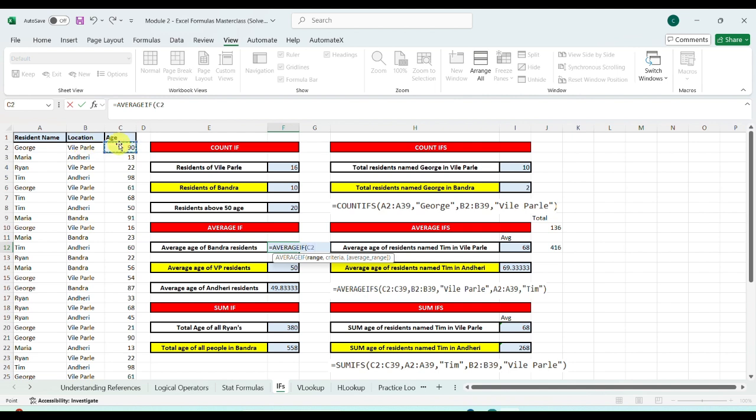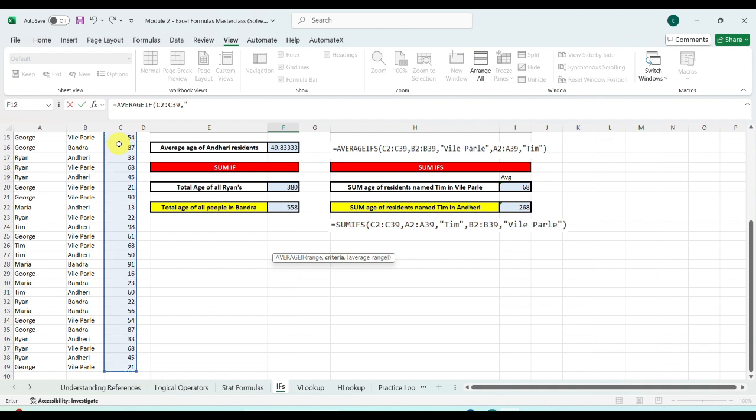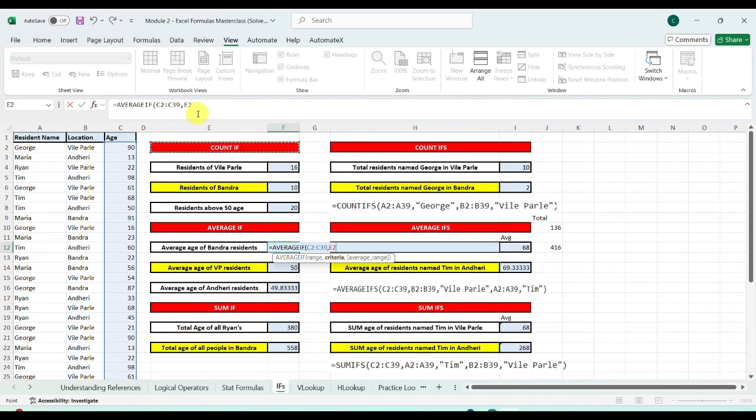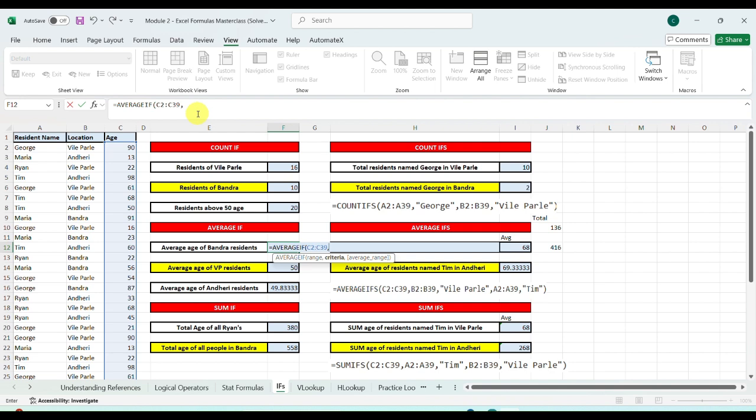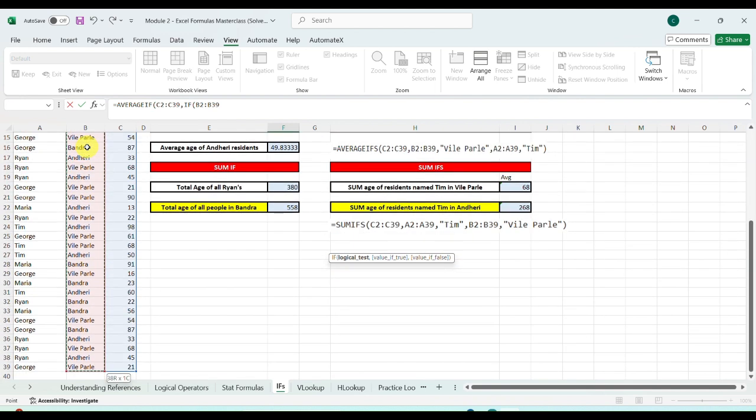Average this, comma, here you can focus Bandra, comma, okay. Average this if this is equal to Bandra.